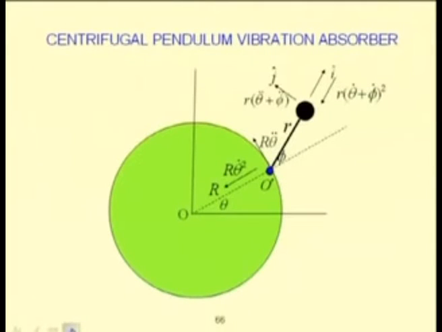Similarly, one may use a vibration damper to damp out the vibrations of the system. So, for a multi-degree of freedom system, already we know we can write the equation in this form: m x double dot plus c x dot plus k x equal to f. So, to find the force response of the system, one can write. If damping is not present in the system, or if one uses Rayleigh damping, that is C, one can write equal to alpha m plus beta k. Then this equation reduces to some